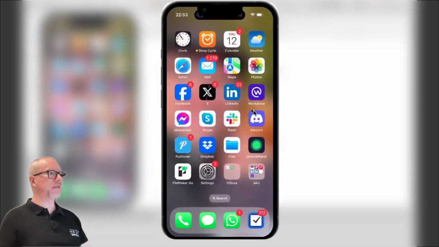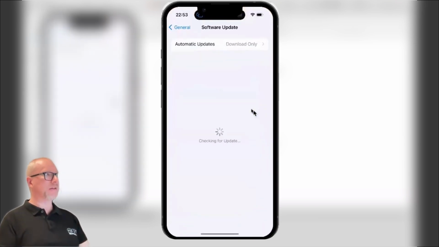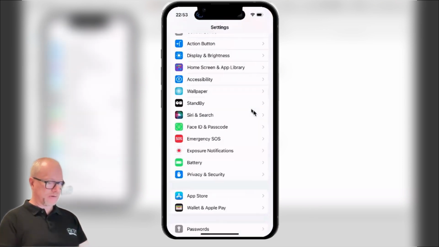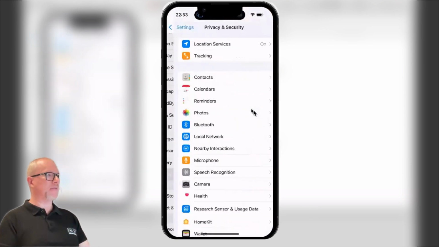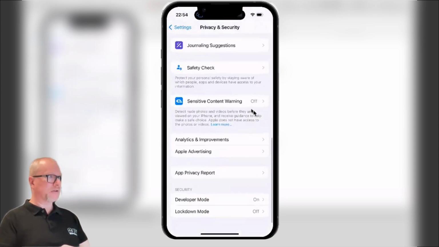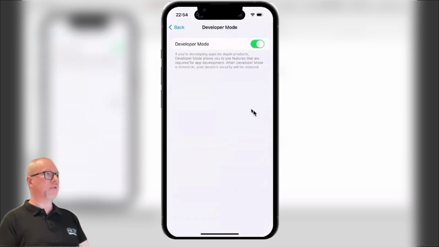And before I install the app, there's one thing in the latest iOS versions that you have to do before you can install apps directly to the device. That is going to the preferences, going to privacy and security, scrolling down, and you have to turn on developer mode, because if you have this off, which is default, the direct installation of apps is disallowed. So this is one thing that you have to do in order to be able to use the ad hoc